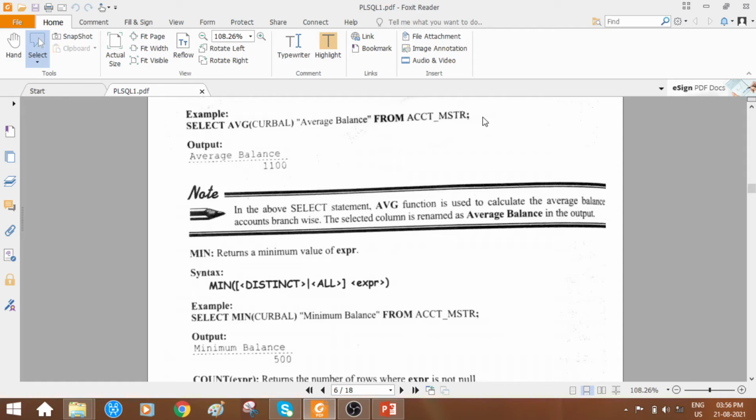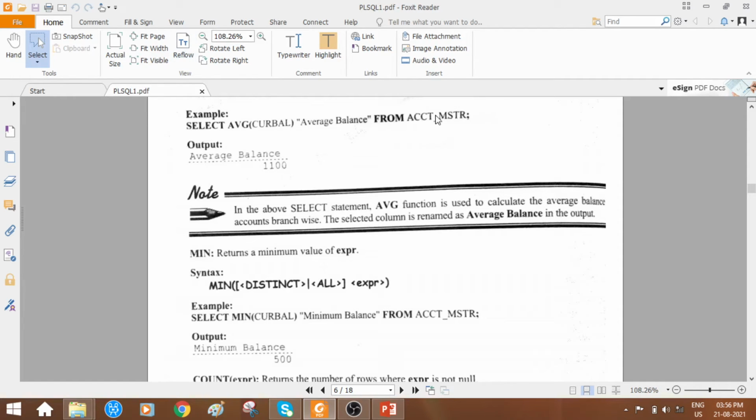For example, one particular bank, if you take like SBM, SBI or any other bank like Karnataka Bank, you will be finding the branches at different locations of that same bank, right? So branch wise average balance if you want to take. See, this is a function which is used to calculate the average balance of accounts branch wise. The selected column is renamed as average balance in the output.